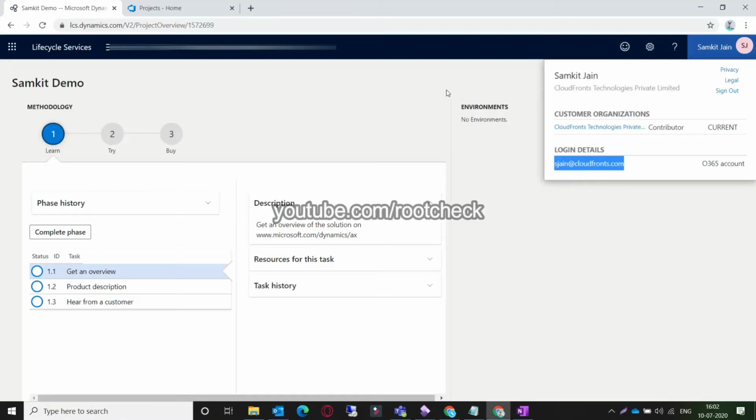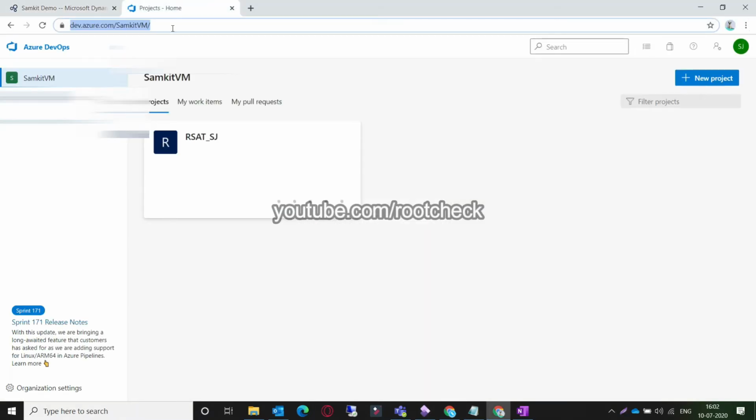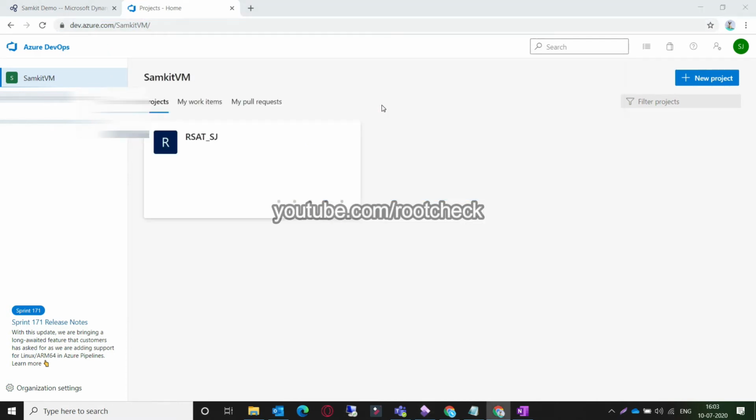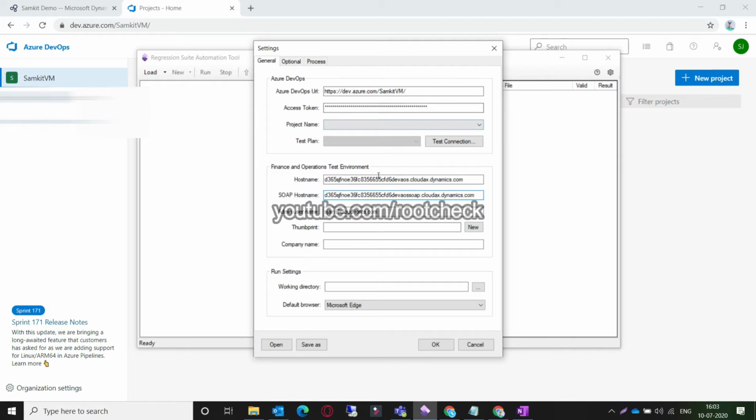Now you need to open the regression automation tool, the RSET tool. In the RSET tool configuration section, we need to provide the Azure DevOps URL with your organization name as well as the SOAP name and host name, and the thumbprint we need to generate, which will create two certificates.